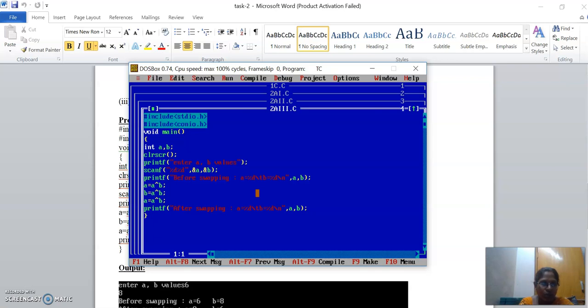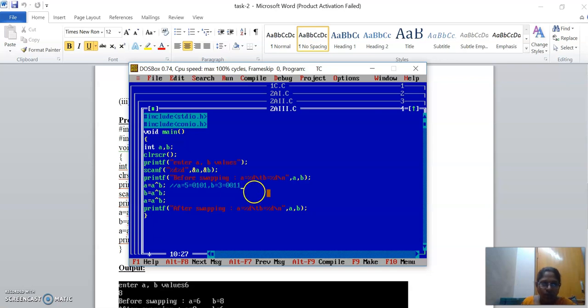Now, if you perform exclusive OR, what is that? 101 and 011 gives you 110. See here, I am writing it. For example, A is equal to 5, which is 0101, and B is equal to 3, which is 0011.